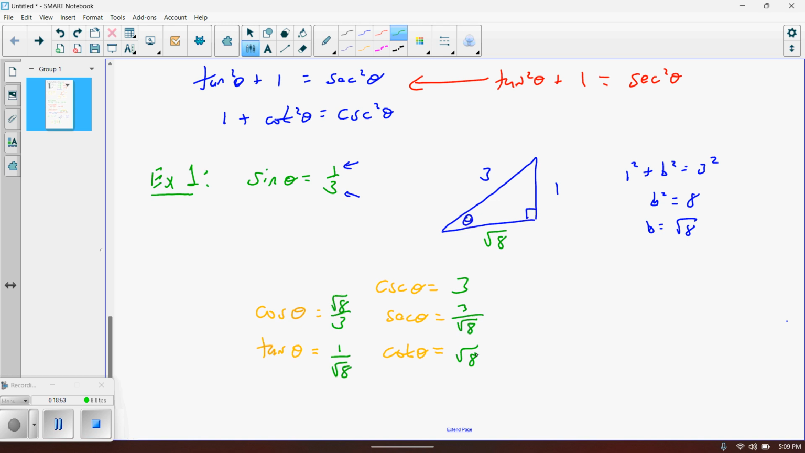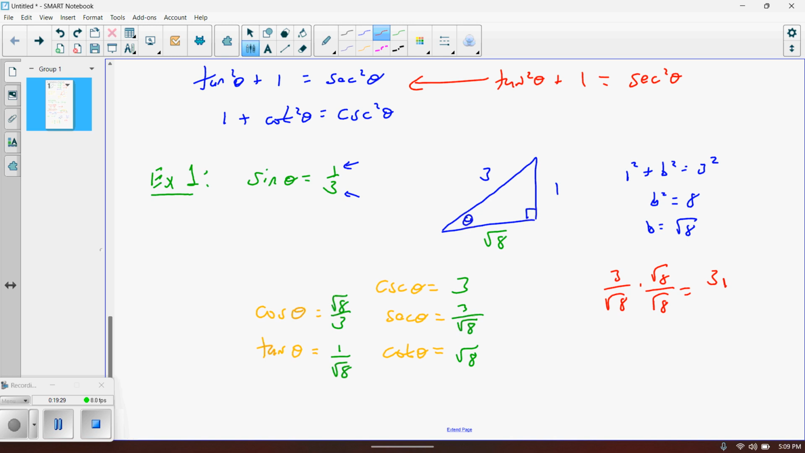I do know that sometimes these computer programs, MyMathLab and so on, will make you rationalize the denominators. Again, this is mathematically correct what we have here, but since I do know that it's going to be required in some cases to rationalize the denominator, let's make sure that we can do that. So the ones that have to be rationalized are secant and tangent. So if you take secant, you're going to have to multiply the numerator and denominator both by the square root of 8,